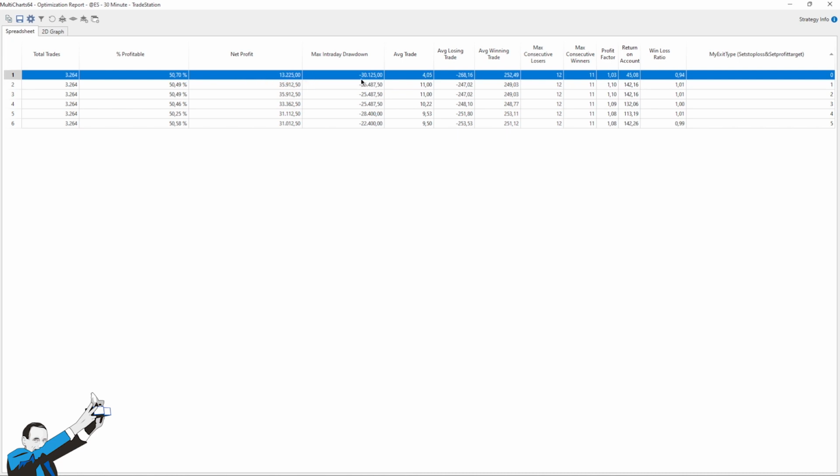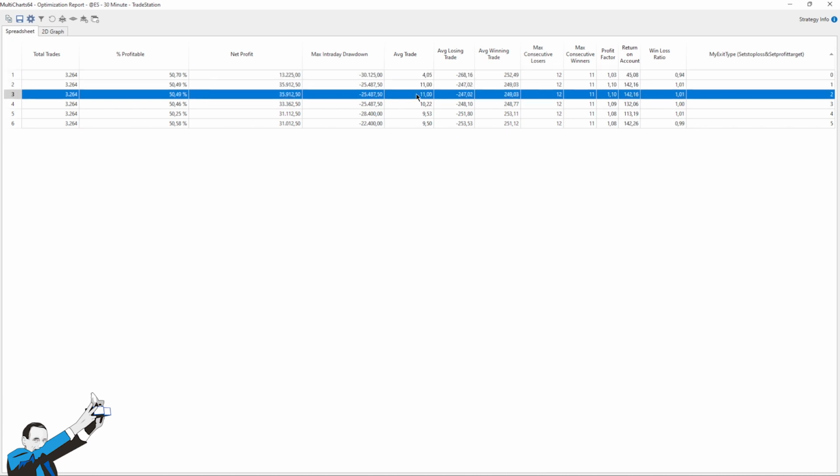So the net profit and the drawdown and the average trade look not a good result, but as we said earlier, we shouldn't stop here and evaluate the numbers of the strategy that we know it isn't so good. And then the important thing to see is that types 1 and 2, the ones with the reserved words set stop loss and set profit target, give identical results. Now, why is that so? Well, we explained it just a little while ago. The results are practically identical when specifying the money amount and selecting the same amount, but written as a distance in points. You can even see that they match 100%.